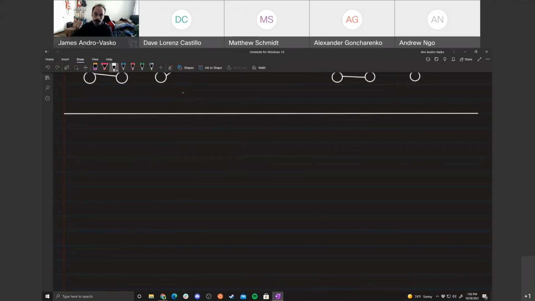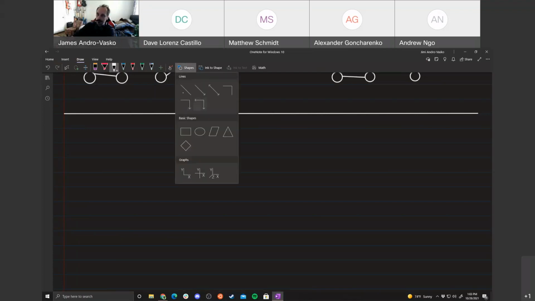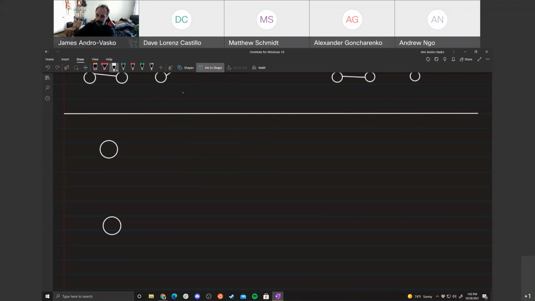I'm first going to create a graph, and I'll use a directed graph for this example. I'm going to have several nodes. Let's first draw these nodes, and then we'll label them and put the edges in later. I'll call these A, B, C, D, E, F, and